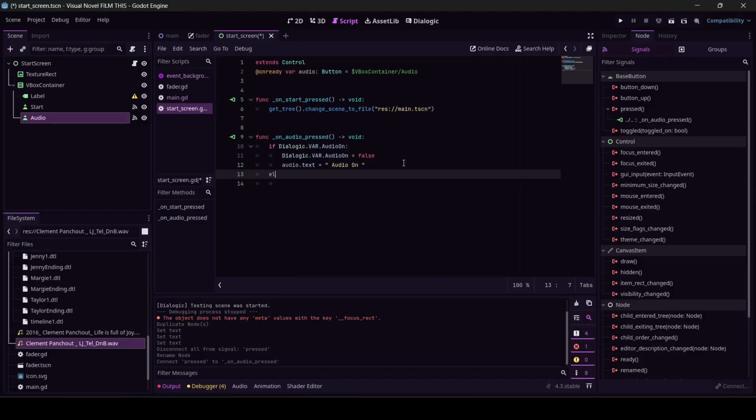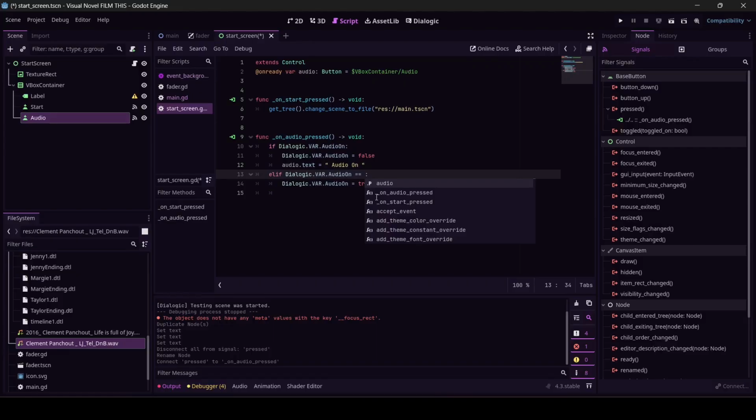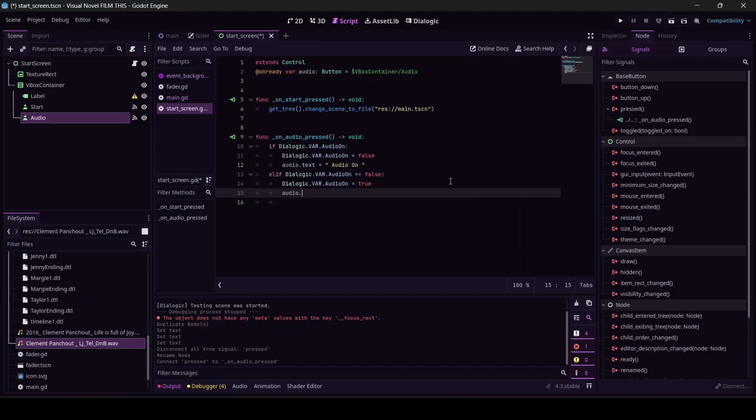Not print. Elif. Otherwise, if the audio is already off, audio on equals true. So if it's off, turn it... What have I done? Hold on. That needs to be audio on double equals false. Heaven help if a program would figure out how to change its own variable names. Okay. So if it's false, change it to true. And we've got to change the button text. Audio.text equals space